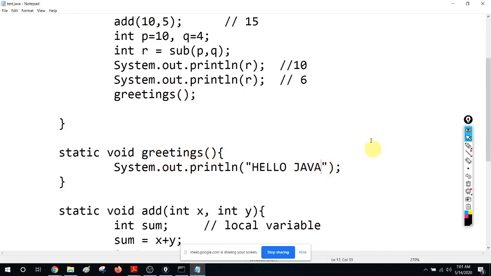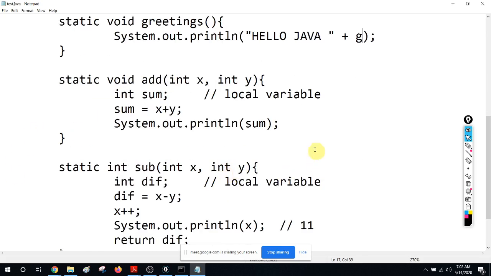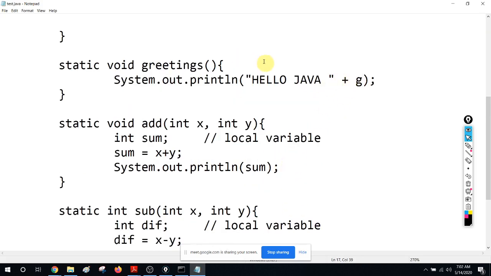After say hello Java, this is just a crazy thing I'm doing, I will print that value just to see whether it is available. So g is a global variable, and I'm referring to it in a method called greeting. Now let's compile and see whether the global variable is available.